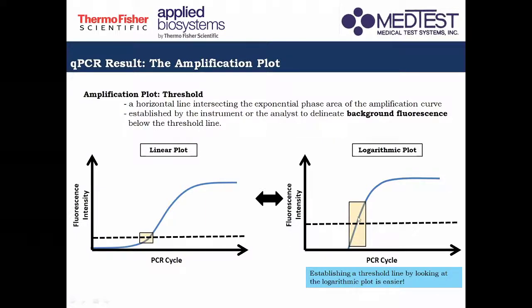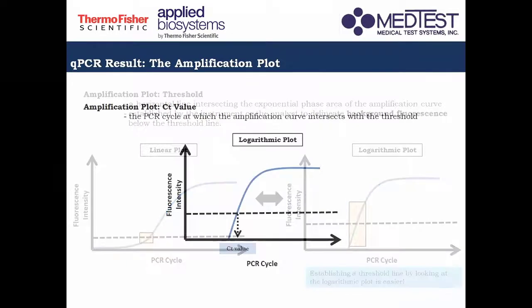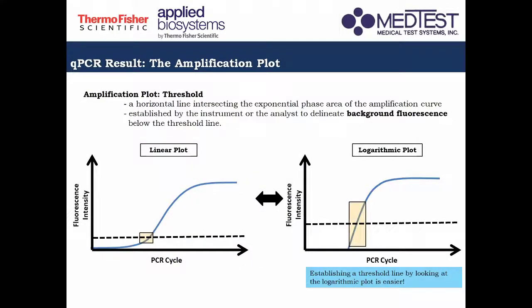So, how would you know, or where would you want to put your threshold in your plot? In the logarithmic plot, the part wherein there is a linear, a straight line in the curve, that is the area wherein you can set your threshold. So aside from the threshold, which distinguishes the background fluorescence from the true amplification fluorescence,